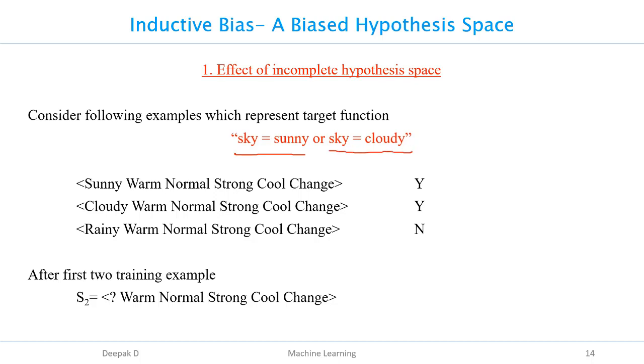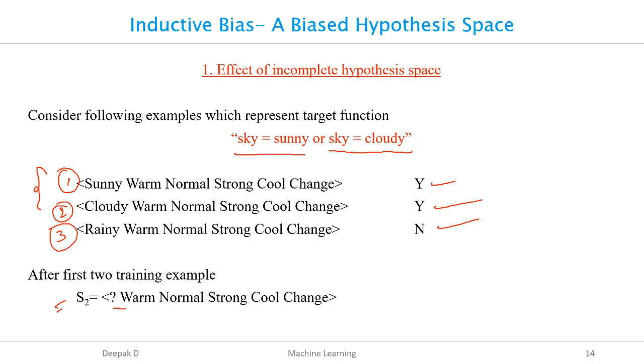So let's consider our instances. What is the first instance? Sunny, warm, normal, strong, cool and change. The target concept is yes, that is a positive instance, and the second instance is also positive, and the third is a negative instance. So after the two instances, after we compute with the candidate elimination algorithm, we receive